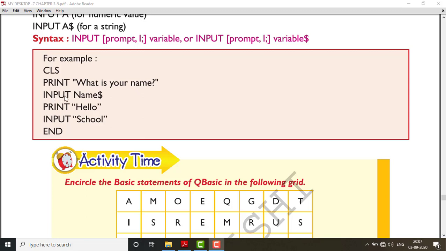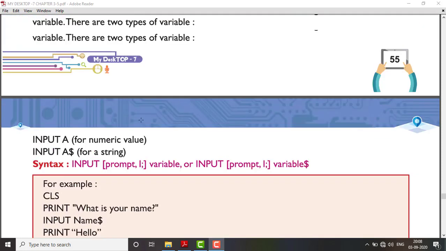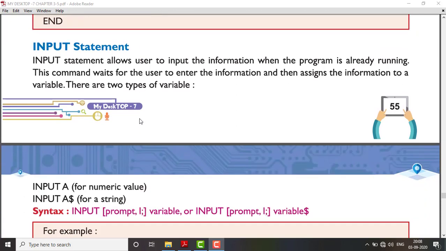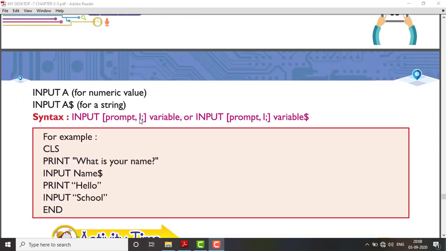So by using this input statement, you can write your name. Then you will get print hello. Then you can type your school name here, and here END. Okay. So print and input are the important commands. Without these, you will not be able to use your program efficiently.